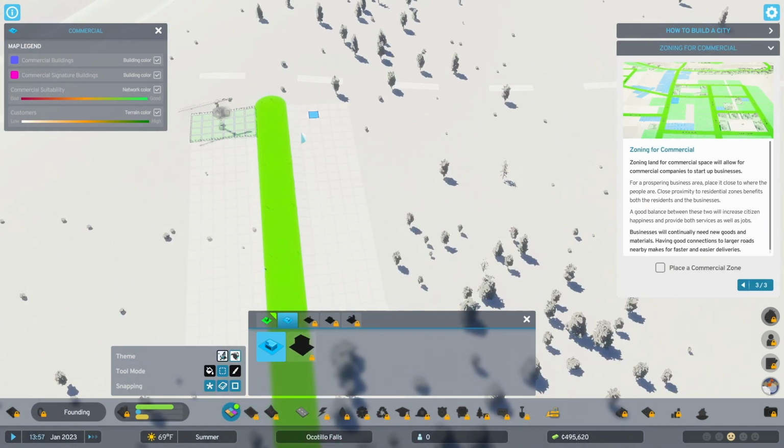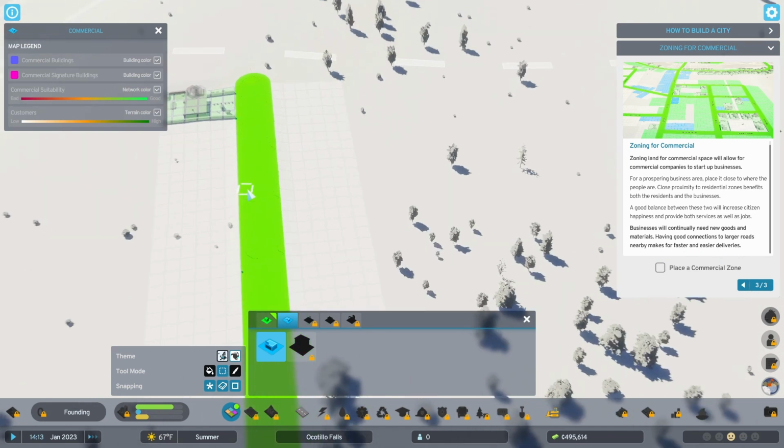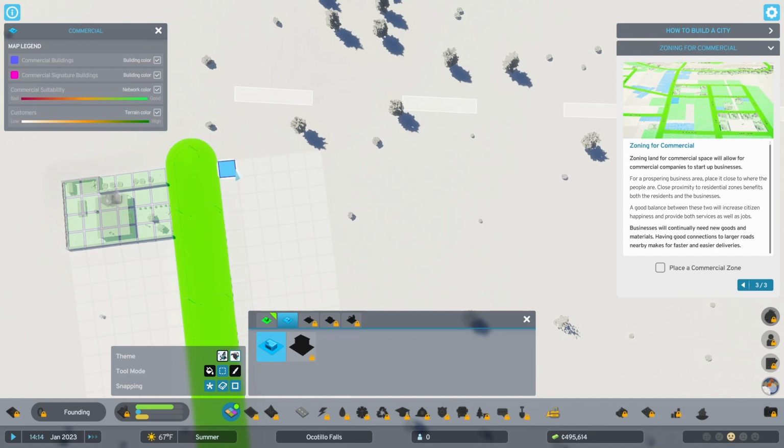Okay, here we go. I want it up here a little bit. I think we're gonna maybe put it here. Zoning land for commercial space will allow for commercial companies to start up businesses. For a prospering business area, place it close to where the people are. Close proximity to residential zones benefits both the residents and the businesses. Oh, so it will hopefully work right there. A good balance between these two will increase citizen happiness and provide both services as well as jobs. Businesses will continually need new goods and materials. Having good connections to larger roads nearby makes for faster and easier deliveries. Okay, so let's do, like I was saying, let's try and do...